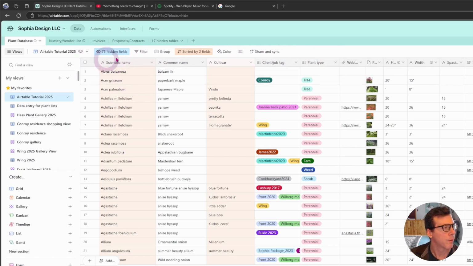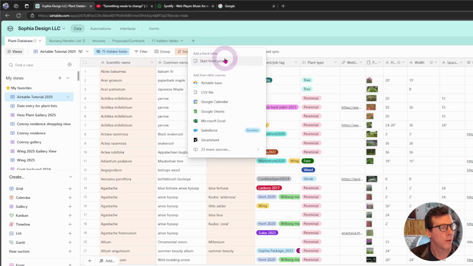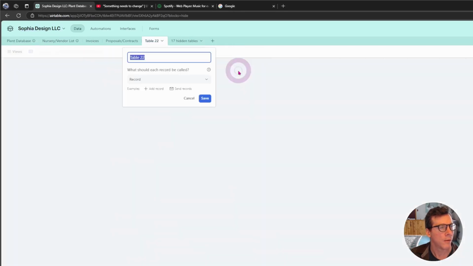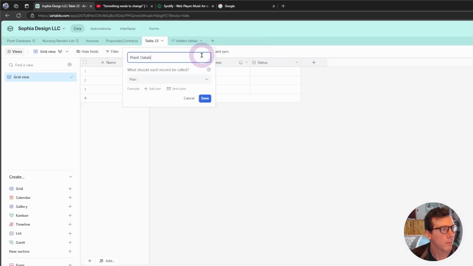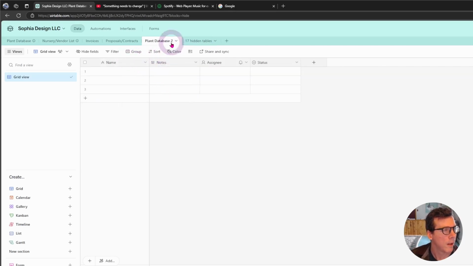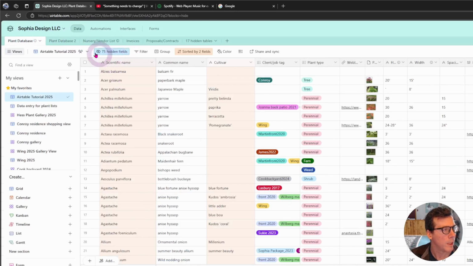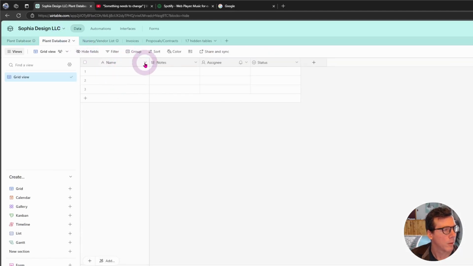So maybe I will create a new table from scratch. Let's try that. We'll call that Plant Database 2. Save that. And I'll put it over here. So we need scientific name, common name, cultivar. I'll explain the client job tag thing in a little bit. So I come up here,